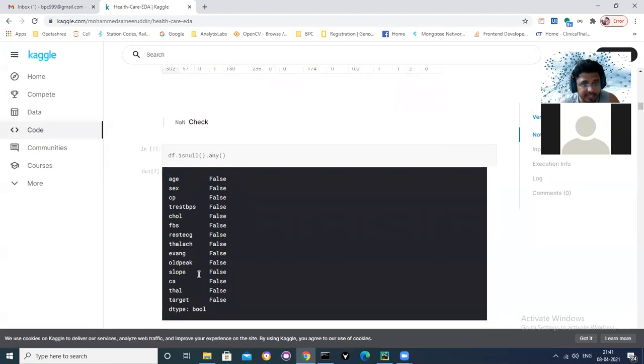This is a very important step to check nan values, because what will happen, I'll tell you. If you have 3 million records, and you are not checking, obviously your eyes are not so powerful that you can see all the 3 million records at a time. You will do either head or tail, right? And then on the assumption of that, you will write your entire code, assuming that in some place there are nan values. What will happen?